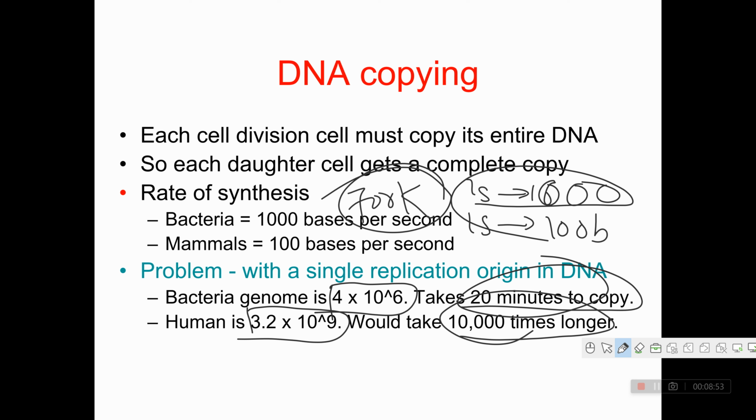But bacteria have only exon part. They contain only exon part, whereas mammal have exon and intron both. Means in mammal, both coding and non-coding types of sequence are present. But in bacteria, only coding part will be present. That's why 1000 bases are synthesized in 1 second. Okay? Clear?